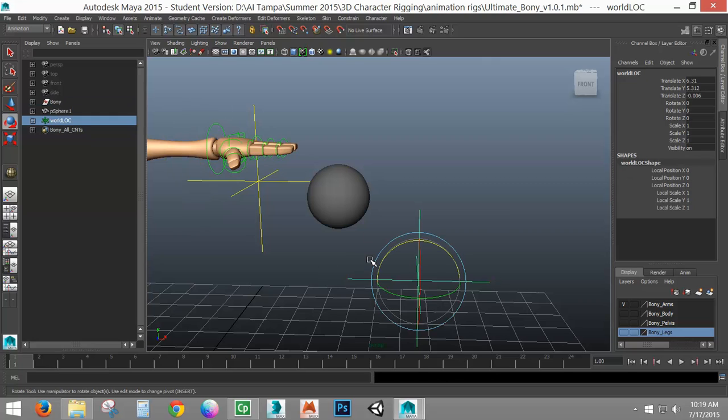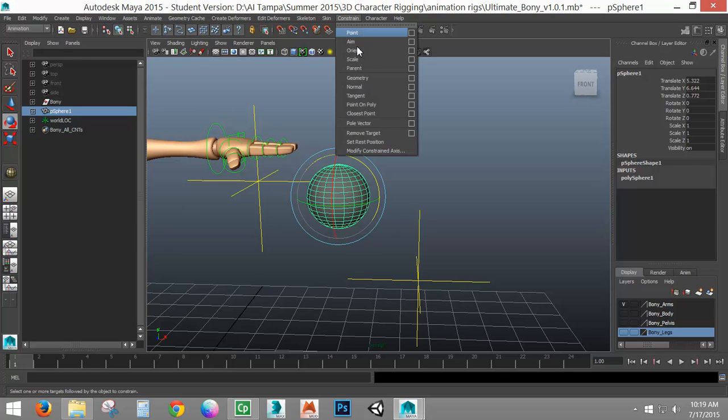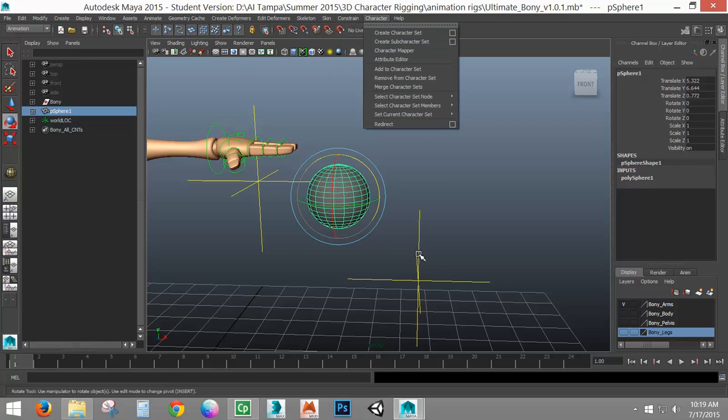Alright, my locators for my locations. It's another reason I like locators. Kind of stands for location. They are in place. I've got my object. So now I can actually apply my constraint. So you're going to go up to your constraint menu. Again, make sure you're in the animation menu set. You can go up to constraint menu, and we're going to again be using the point constraint. Now you do need to select these in the proper order for this to work.